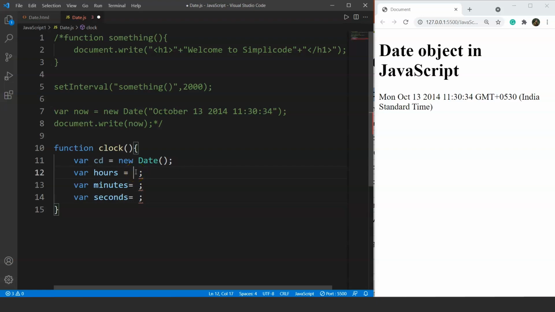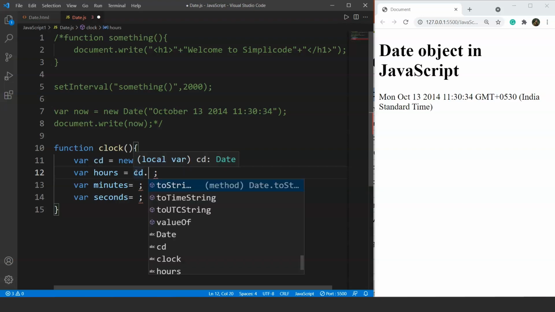If we want to take the value of hours from the new date object, we have to use a method, and the method is getHours. How to use this method? We'll access the value of hours from the variable cd, because remember the cd variable holds a lot of information, like the whole information about date, current time and everything about that.